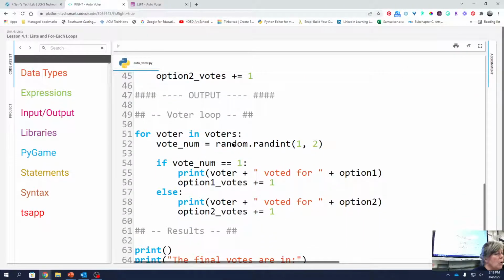But now we have to go into the voter loop. And remember that this is random. You don't know these people. They don't exist. You're giving them random votes, okay? So you're using that randint again, 1 or 2, because that's the only option they have. Option 1, option 2. So for voter in voters, vote num equals 1 or 2,